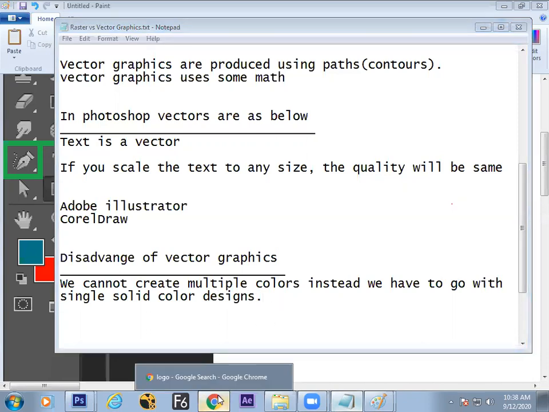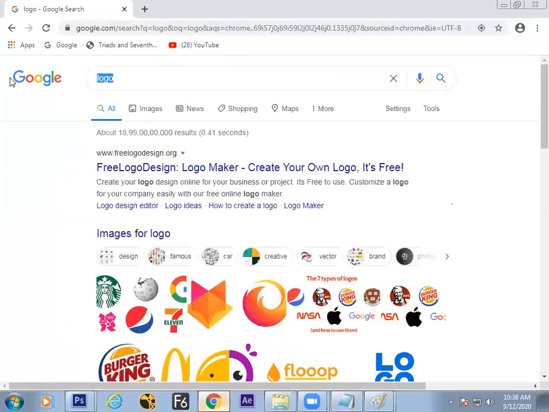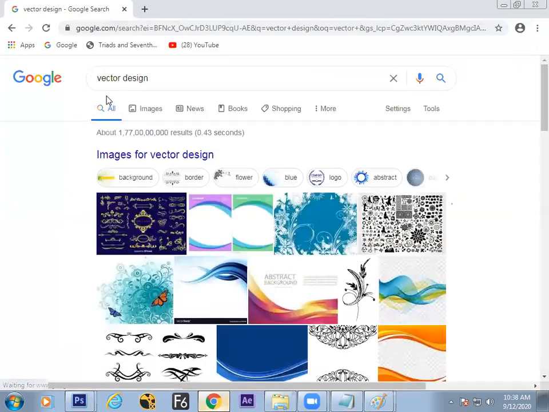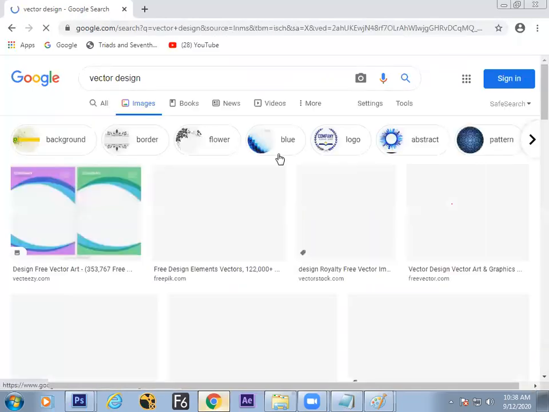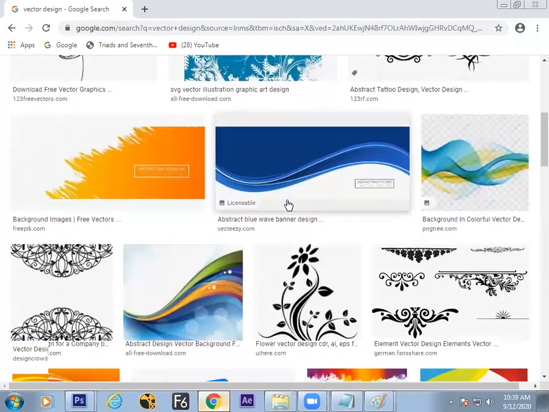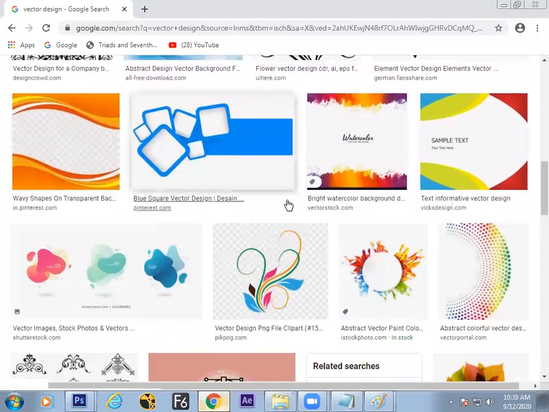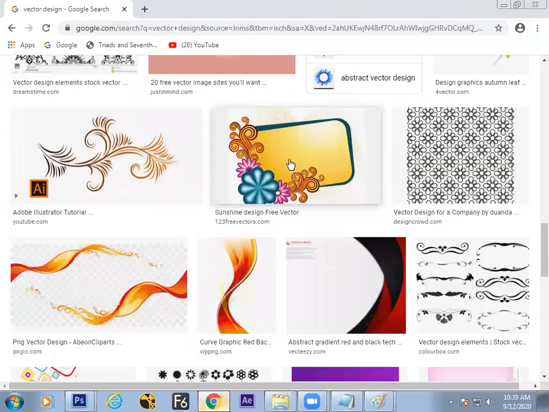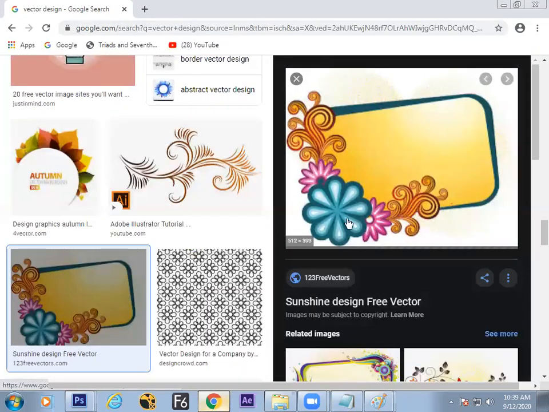For example, I'll show you vector graphics. Something like this. These all are solid colors. This is not a gradient. You can see white to this dark green has 4 steps.